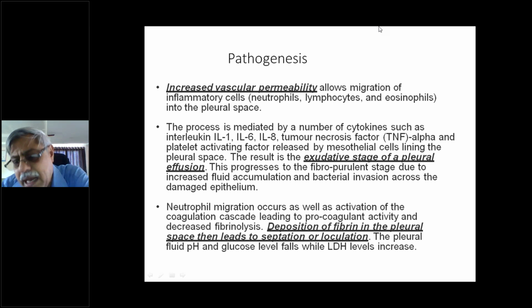So the lymphatics may be damaged in certain conditions, like trauma to the thoracic duct. It may be direct trauma to the lymphatics, or tumor obstructing, or leukemia, or lymphoma, or lymph node involvement, and it may be due to radiation. When the lymphatics are damaged because of radiation, then the transportation of fluid does not occur. So as a result, what happens? The fluid accumulates in the pleural space. So those are the two important mechanisms.